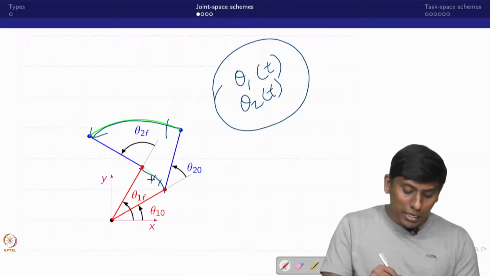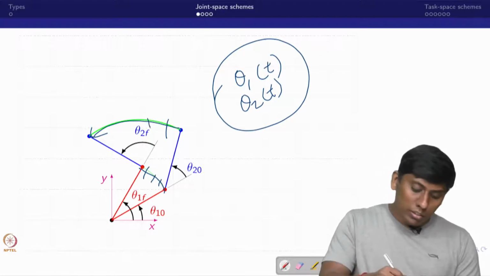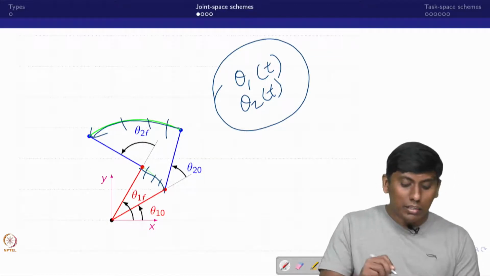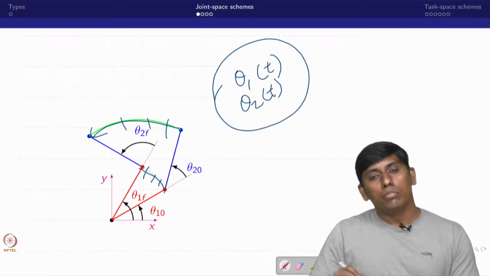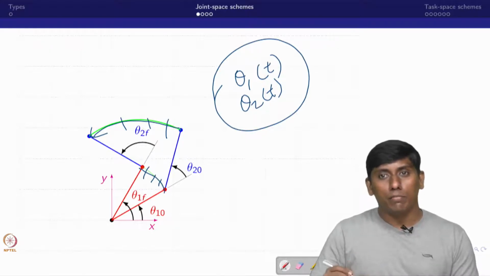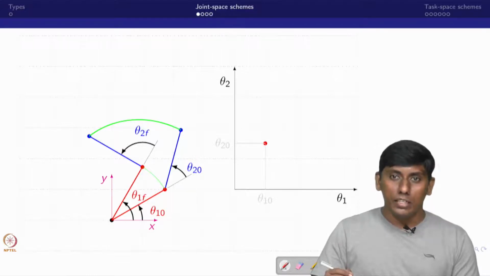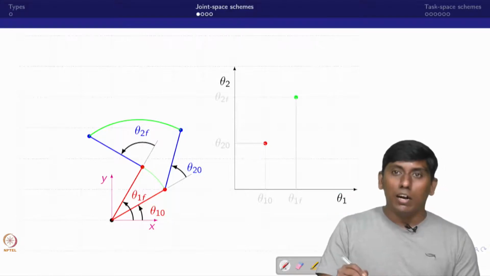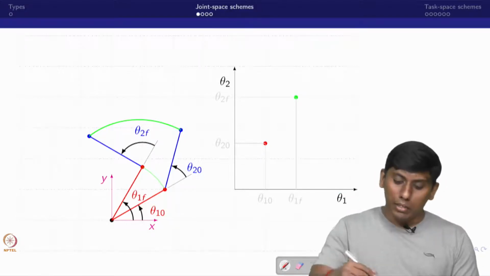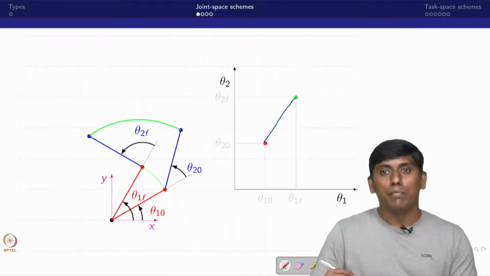For example, if this is made in 4 seconds, it is equally made in 4 segments. That is what we are trying to see as the first scheme. I plot theta 1 and theta 2, where this is the initial and this is the final point, and we are trying to go as a straight line.